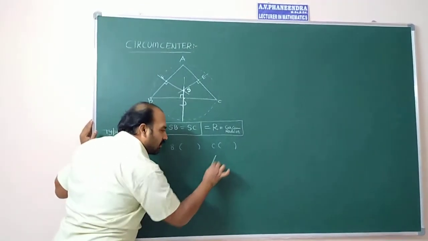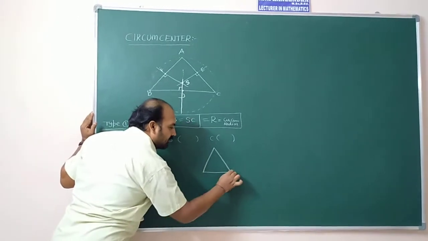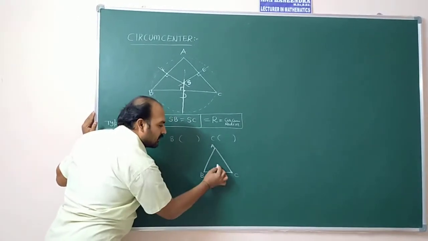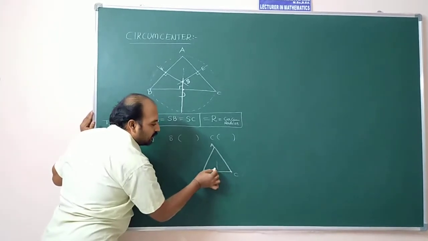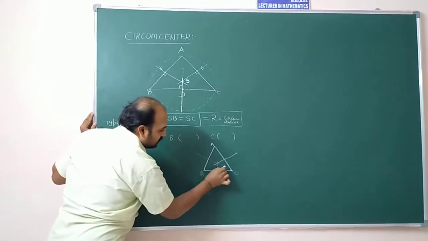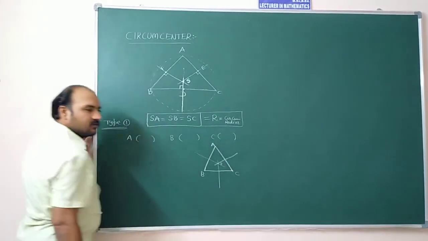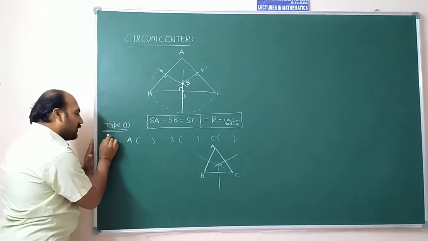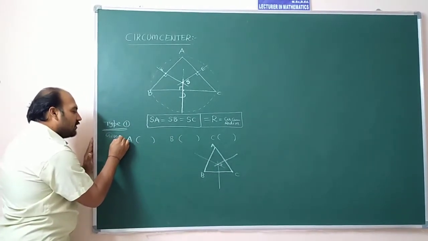First consider the rough diagram ABC, draw the perpendicular bisectors. By definition of circumcenter,